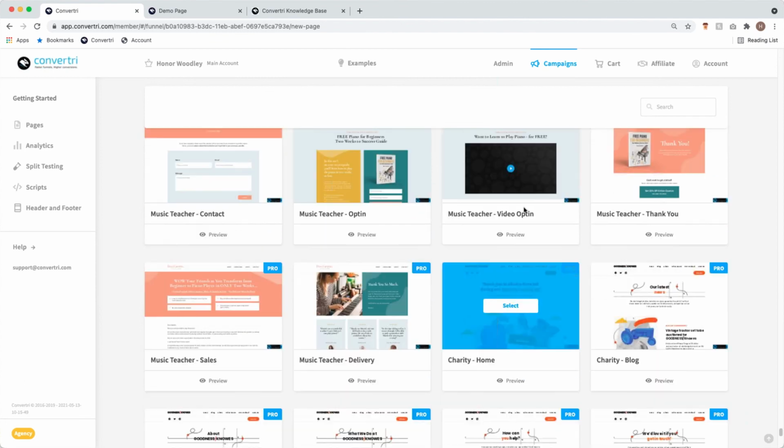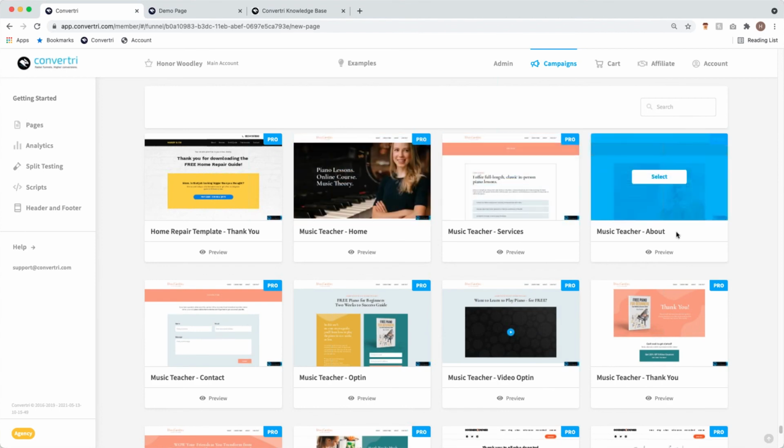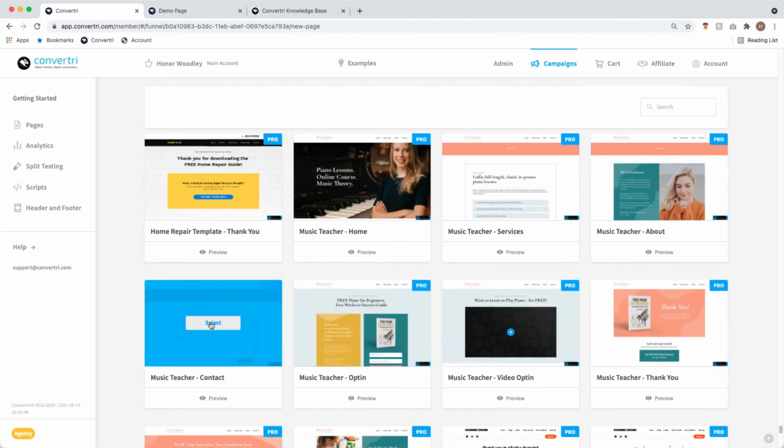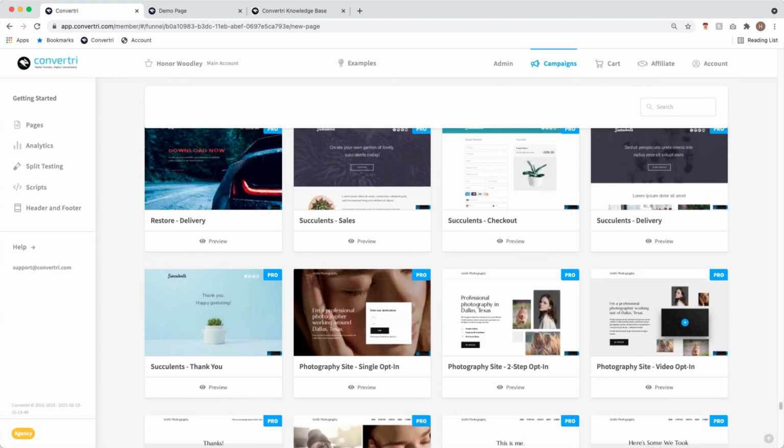So for instance, for a music teacher, we have a whole site, a home, a services page, an about page that is just waiting for you guys to add your finishing touches to it. So we have so many templates ready and waiting for you guys to use. And also, it's always good to say,